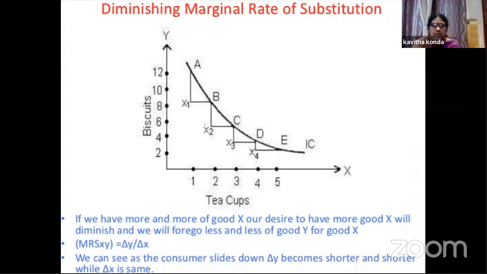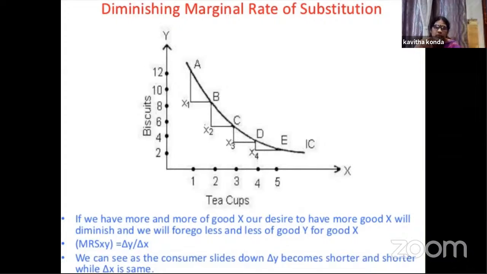It shows in this graph here. That is an example of biscuits and teacups, but you can take it as X and Y, or the apples and mangoes here. Means here, if we have more and more of X, our desire to have more of good X will diminish, and we will forego less and less of good Y for good X. So it can be represented by the formula MRS xy is equal to delta y by delta x. We can see that as the consumer slides down, the delta y becomes shorter and shorter, while delta x is the same here. So the points between A and B,